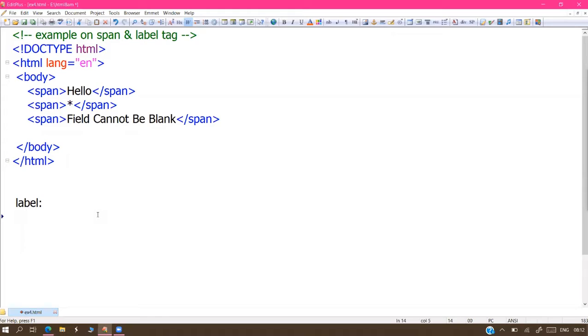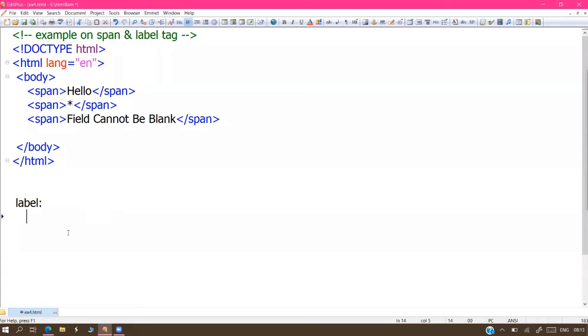So label is also used for small textual information only. It's also used to print small text only. And in most cases, we use label for prompting. For prompting purposes, we are using these labels. Examples are when you are filling in data, in user interfaces or login screens, words like enter username, enter password come, messages come, no? For those types of messages, we are using this.